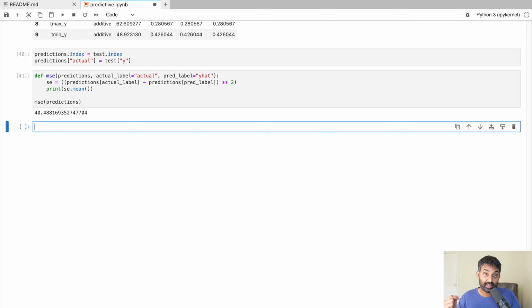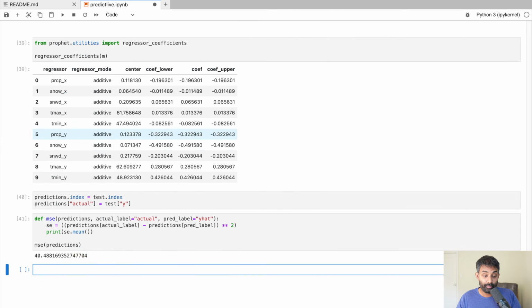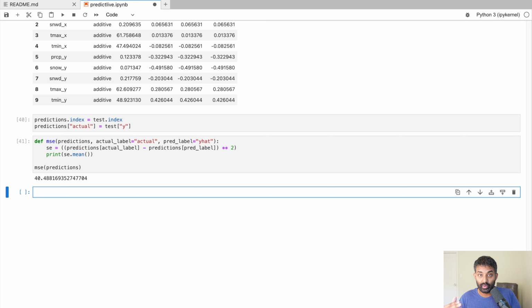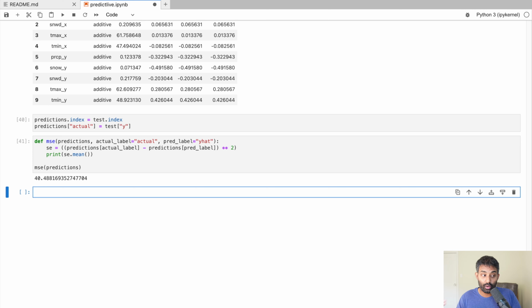What we're going to do next is evaluate the Prophet model across our entire data set. So here we just got mean squared error for 2022, but something could be weird about 2022 with temperatures, and our model could actually be better than we think it is. So if we evaluate it across our whole data set using something called cross-validation, we can get a more realistic error estimate. So what I'm going to do is say